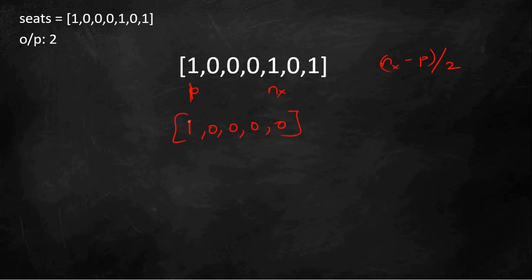In that case my p value is here, but there is no nx value, so I can make Lx sit here. In that case we can check if my counter is currently here. My current counter is here, so I can directly do c minus p. Here it will be 0 1 2 3 4, so 4 minus 0. Whatever is the output, in this case it will be 4.